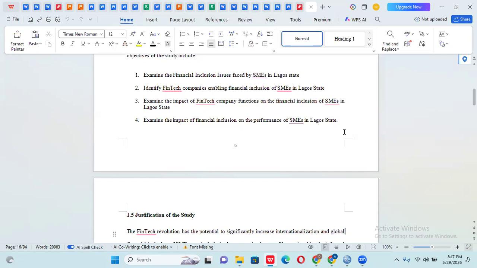Yesterday I explained that you must understand the different types of objectives that we have. We have objectives that are singular variable objectives, and we have objectives that have more than one variable. Are you with me? So this is the practical aspect. Look at this objective 1. Examine the financial